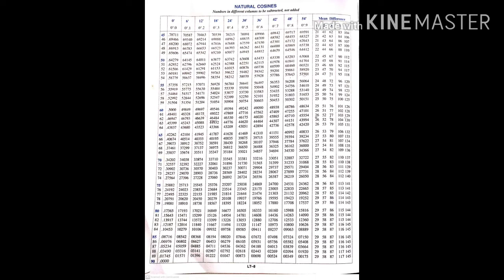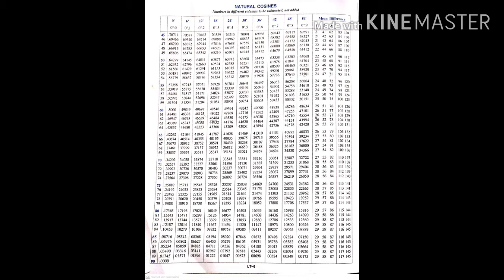Then you check cos 80 degree is 0.17365, and at last you see that decreasing values are here, and then cos 90 is 0, means all the values are decreasing from 1 to 0, like that. There is a point given at the very first column, that is the 0 minute column, in which after the point you have to read here, students.